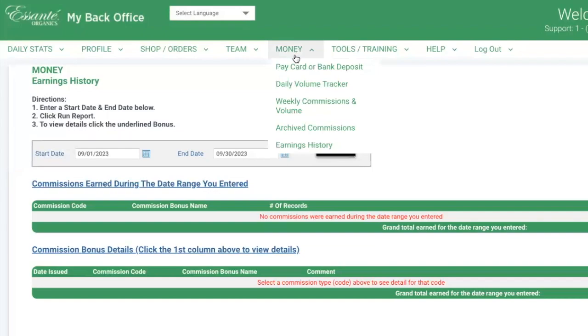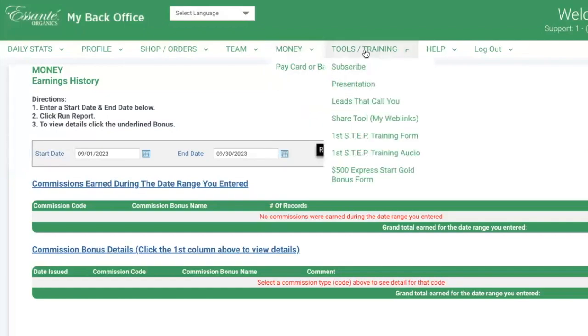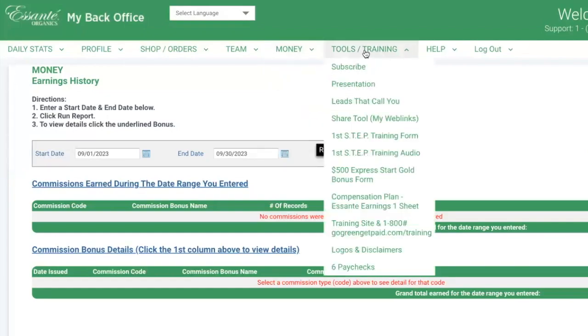That's the money tab. Again, serious network marketers are definitely going to be using the weekly commission and volume tool on the regular. Now, I keep on mentioning tools. You can go to our tools by going right here in your back office. We've got all these award-winning tools here. You can also find these tools, if you're not in your back office, by simply going to